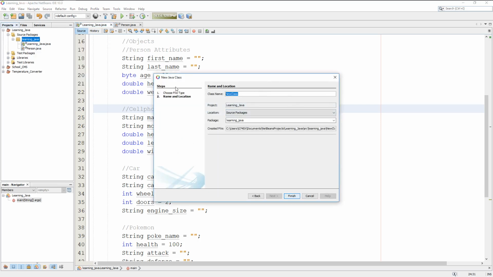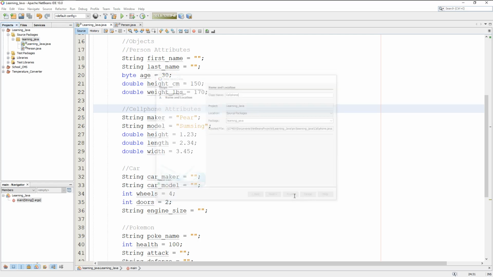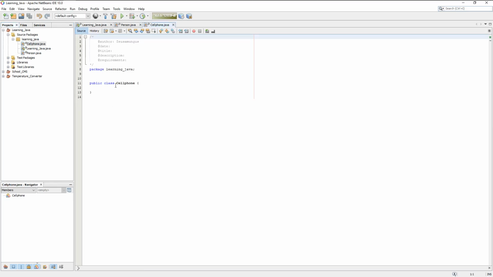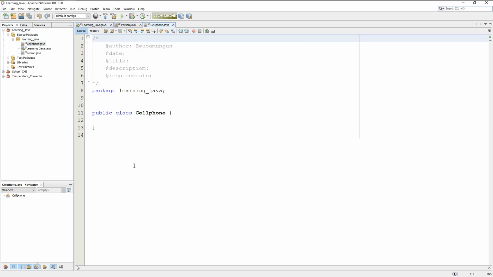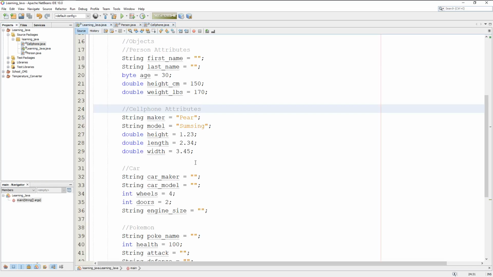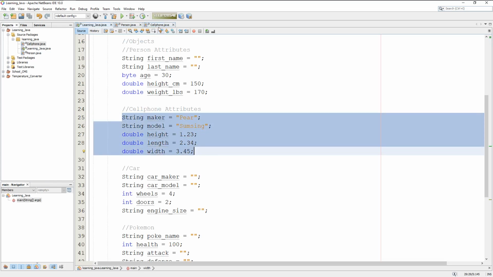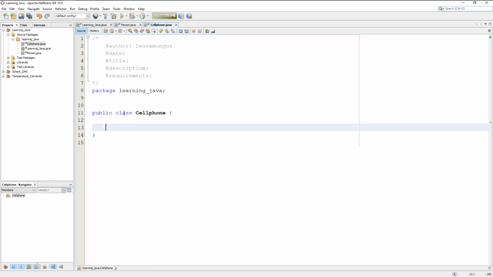We got all these things already. We can say cell phone. This will be our cell phone object. We have it there now, ready to go. Scroll this up. We take all this stuff right here, and we just copy and paste it over. And if you really want to, it doesn't matter. We can then create a string for the maker, or